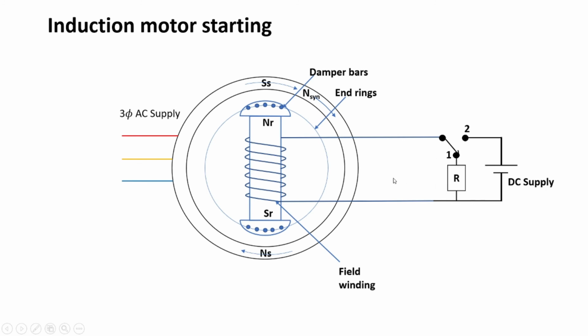So in this method, two torques are developed on the rotor. One is due to the damper winding and one is due to the field winding. Since this high value of resistance on the rotor windings aids the starting torque, it will provide quick starting and the speed reaches near to synchronous speed fast. After the rotor speed reaches near to synchronous speed, we can put the switch into position number 2 and energize the field winding by means of DC supply. After that, field poles are induced on the rotor and magnetic locking will take place.